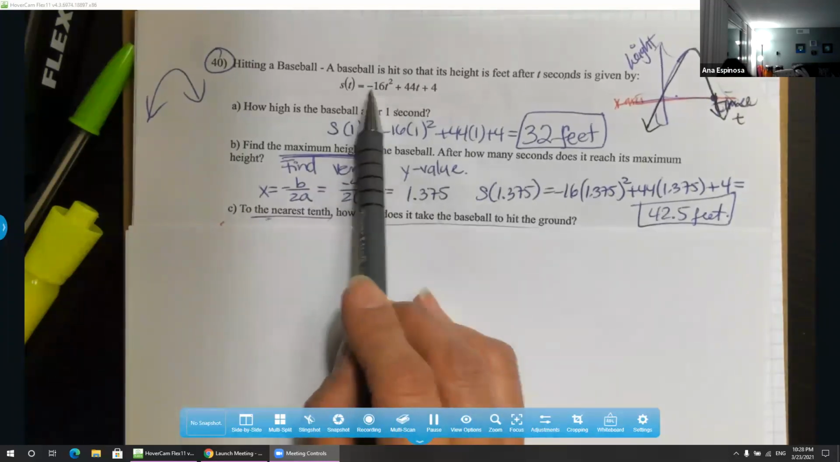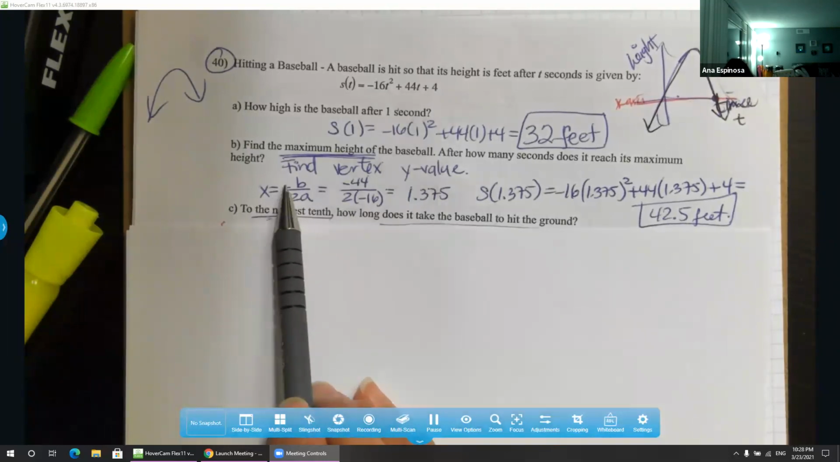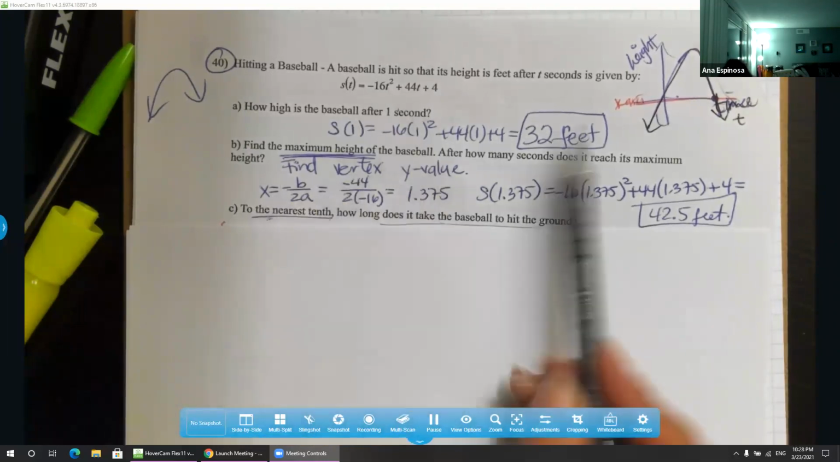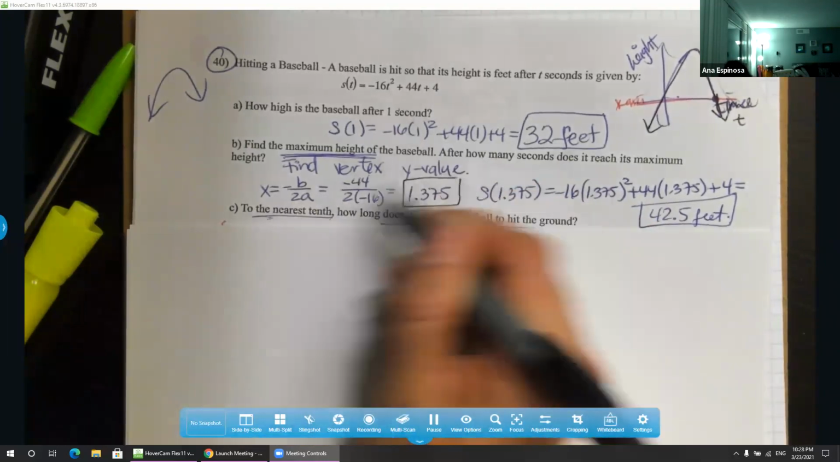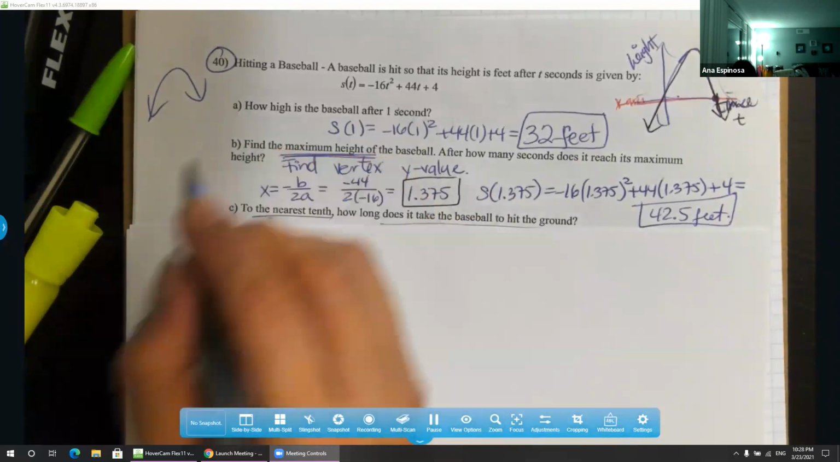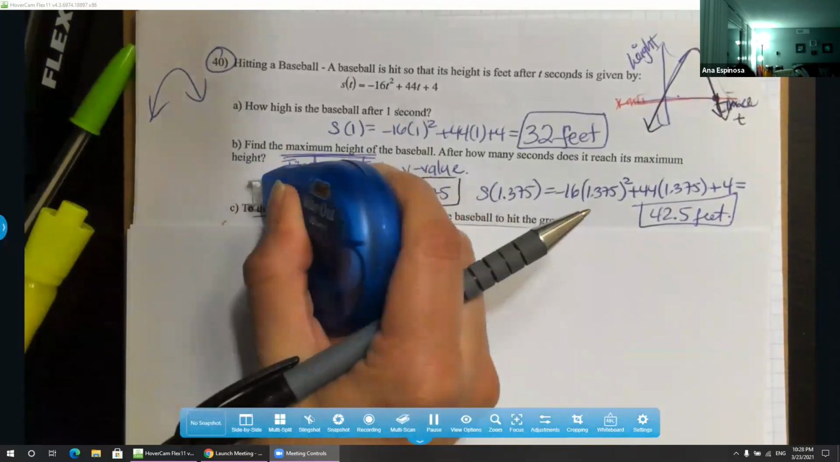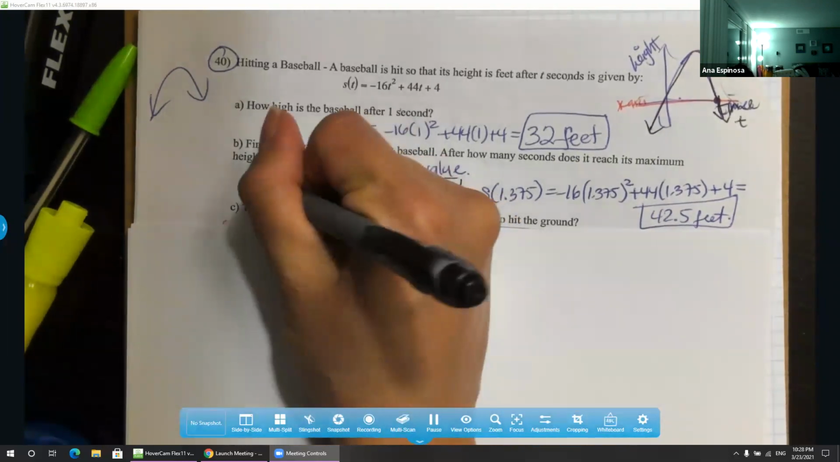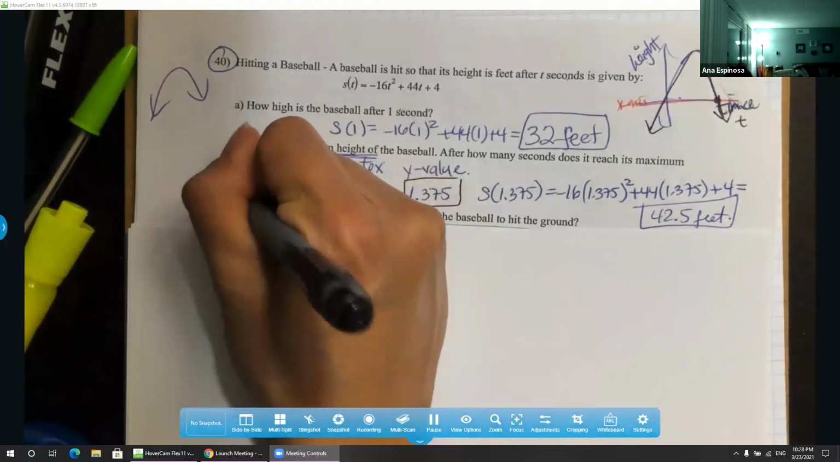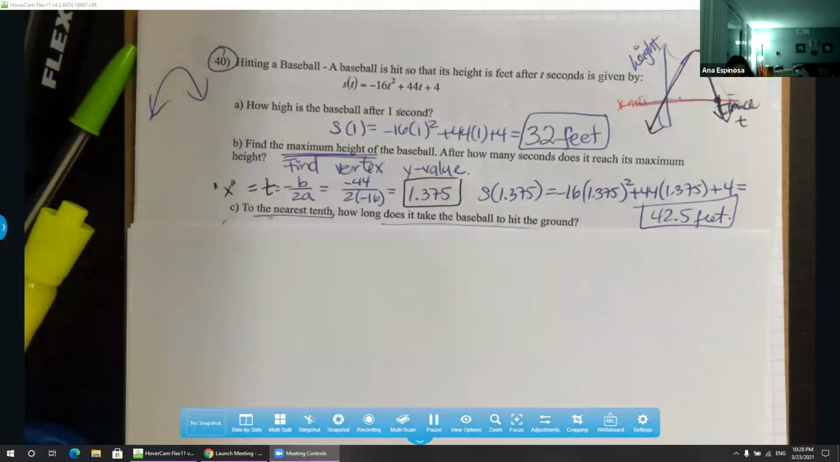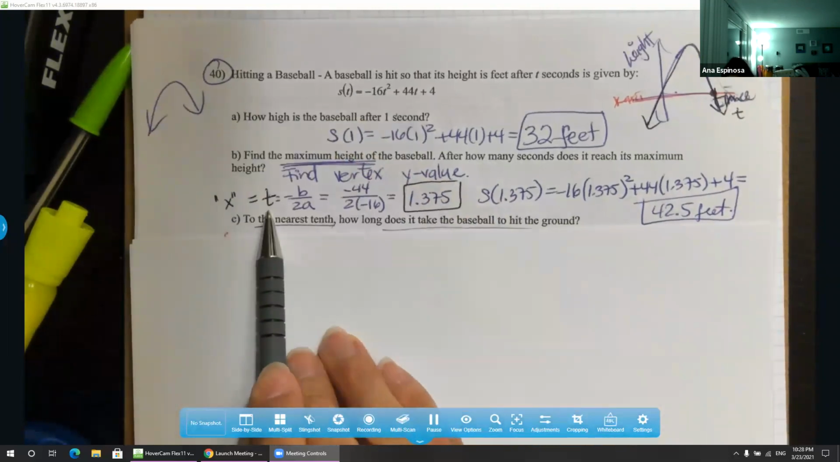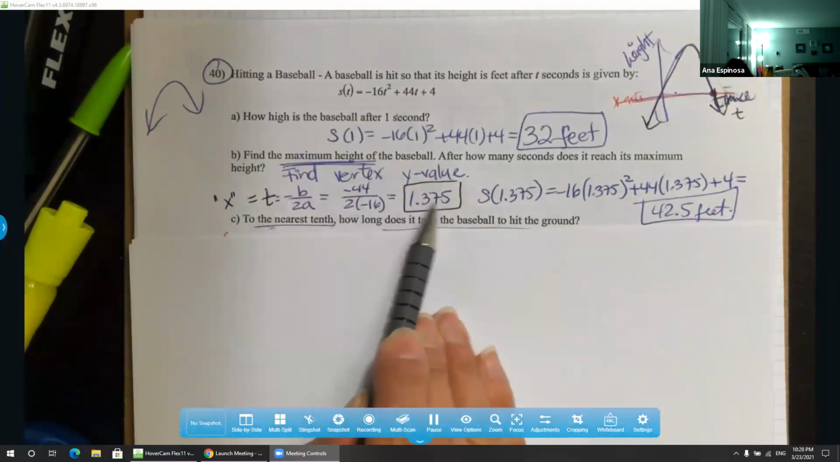In this case, because it is in standard form, you use opposite of b over 2a, you do the math. This is your x, which actually is not your x, it's supposed to be your t. This is your t value, which acts as your x. It's the x coordinate, but in reality, you're solving for time. So the time is 1.375